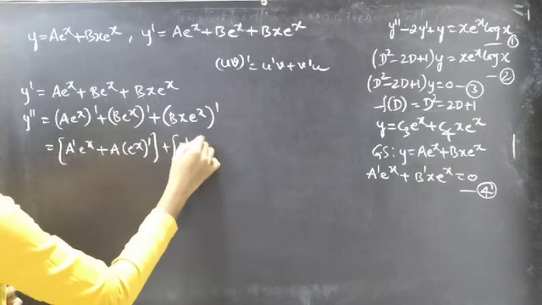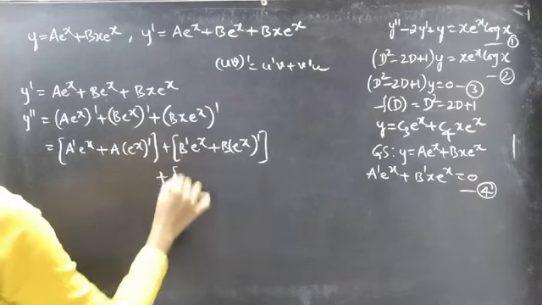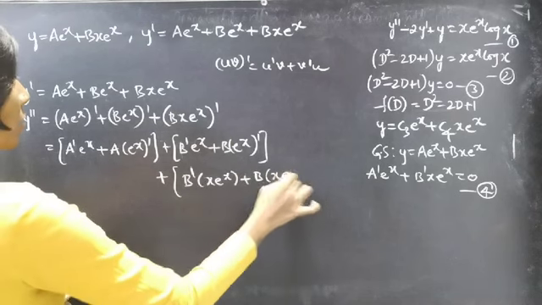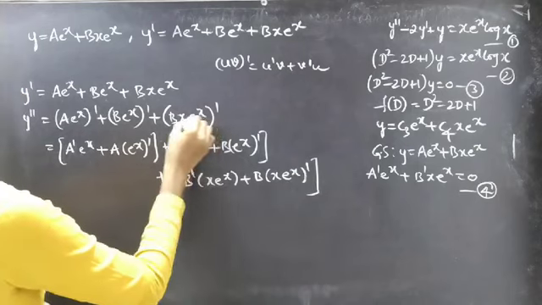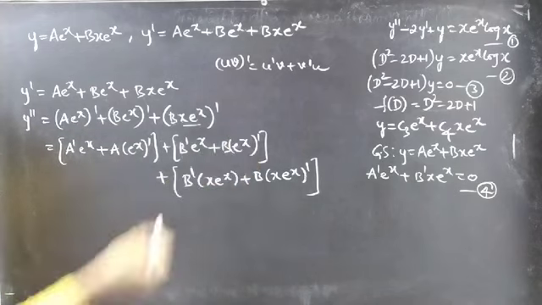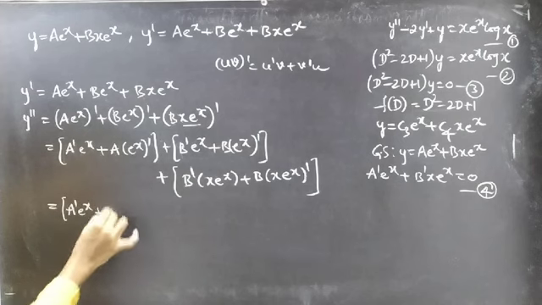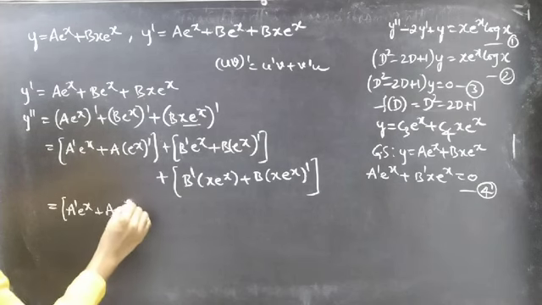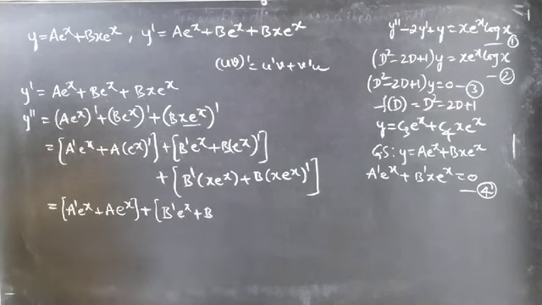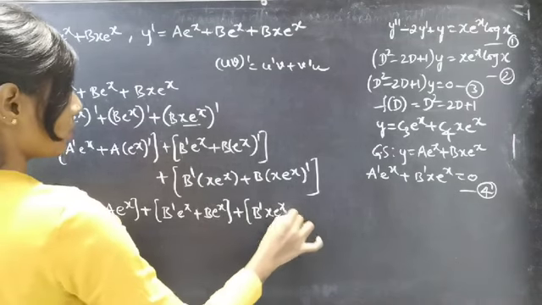plus b dash e power x plus b into e power x dash plus b dash into x e power x plus b into x e power x dash. See, I am taking x e power x as one single term and b as one term, or b as one function and x e power x as one function for my convenience. Okay, this equals a dash e power x plus a into the derivative of e power x with respect to x, which is e power x, plus b dash e power x plus b into the derivative of e power x with respect to x, which is e power x, plus b dash x e power x plus b into